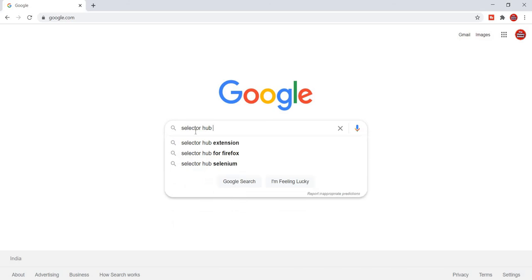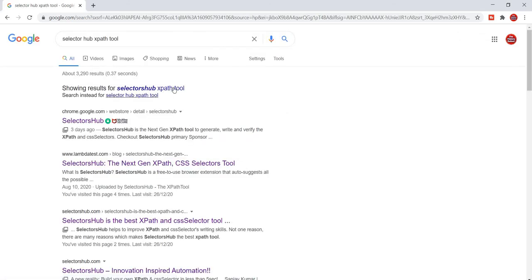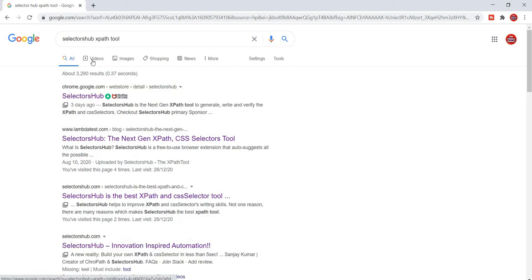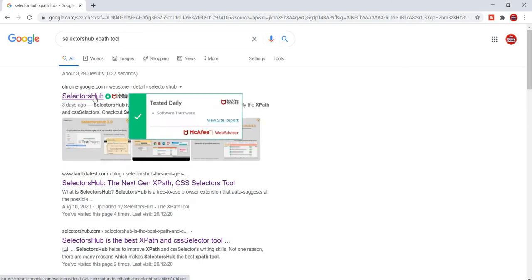Automatically some sites will be suggested by Google. Here you have to open the one which is chrome.google.com. Okay, I can open this one.